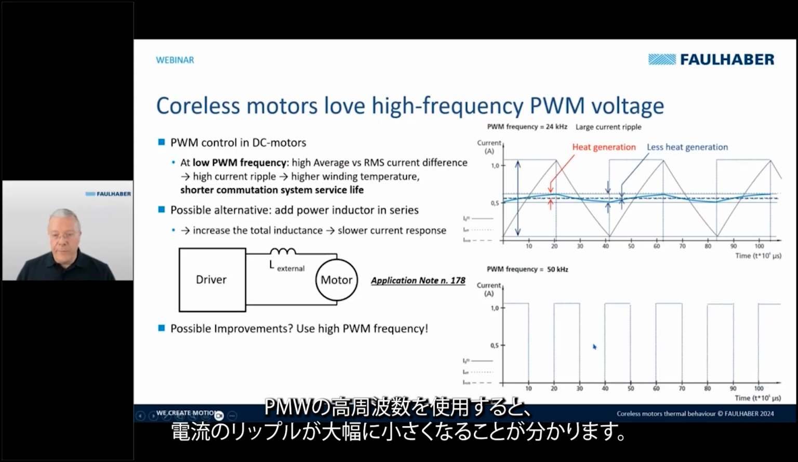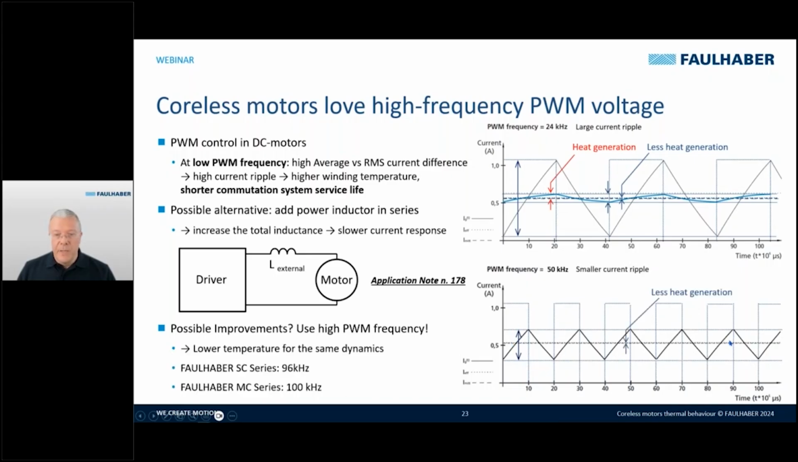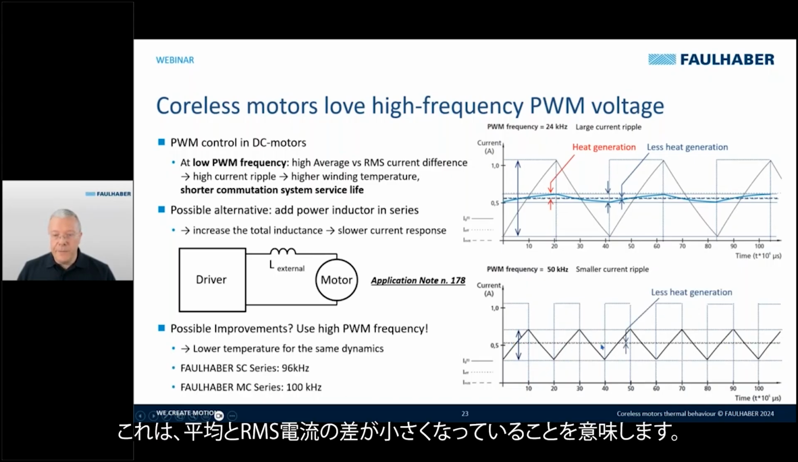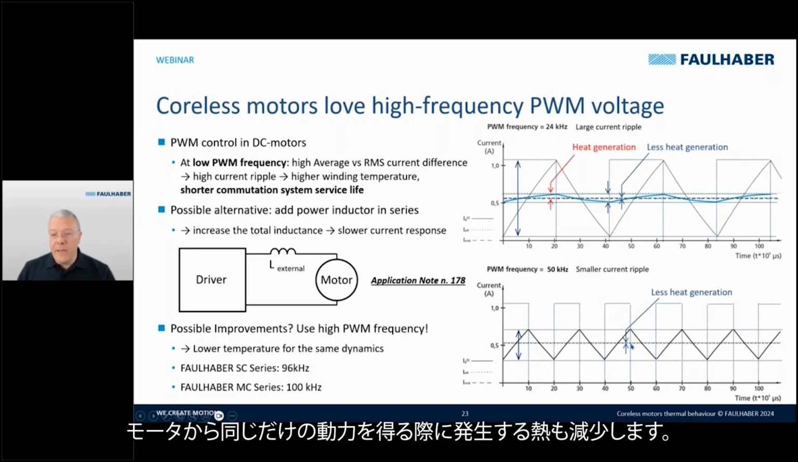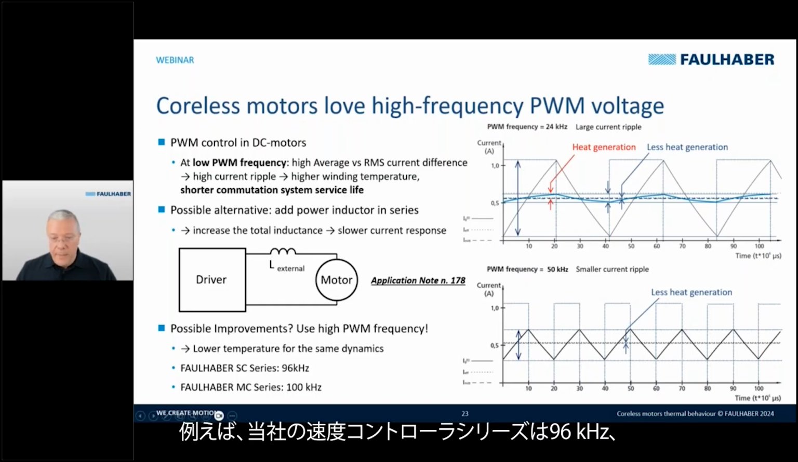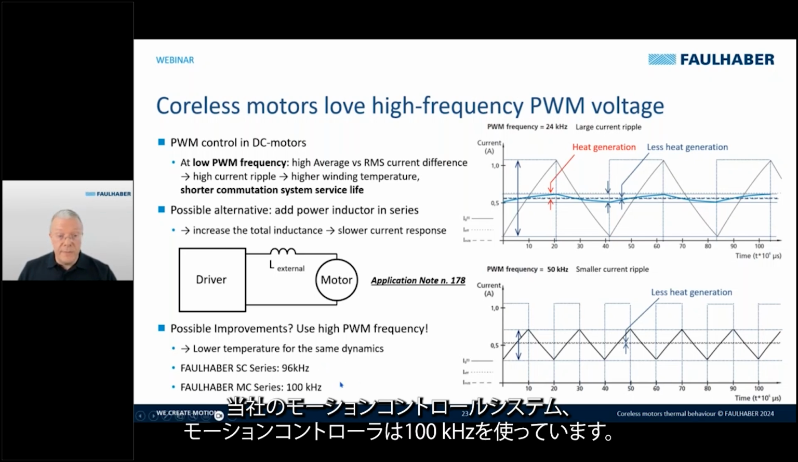Using a high PWM frequency, you can see that the current ripple is much more reduced. This means that the difference between average and RMS current is smaller, and we have less heat generation to get the same dynamics from the motor. In this case, for example, our speed controller series have 96 kilohertz, and our motion controllers use 100 kilohertz, but this is the